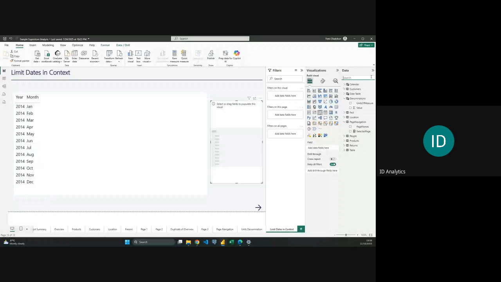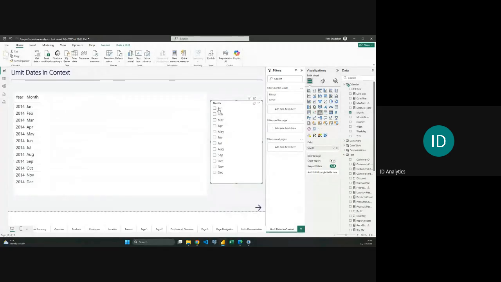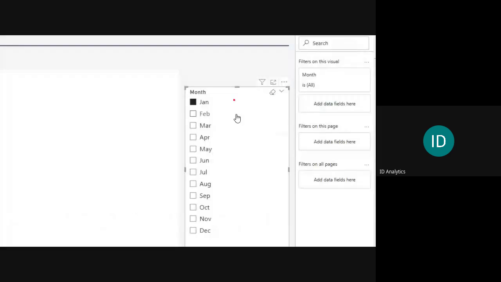If I come out of this and add a slicer here, I think this will be coming from the calendar. So I just pick the month and put it here. If I do January, you see that the only thing I see here is January, because there is a filter that will be propagated from here to this visual. That filter is being propagated because of how things were connected on the model, and that is what is affecting